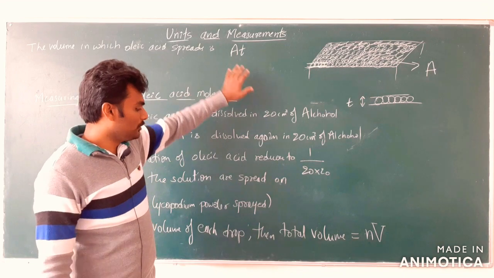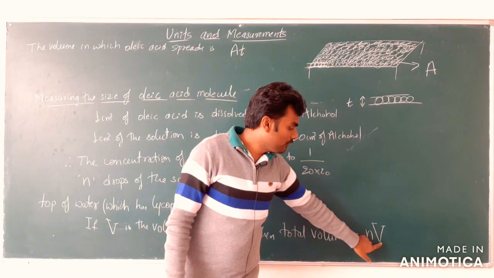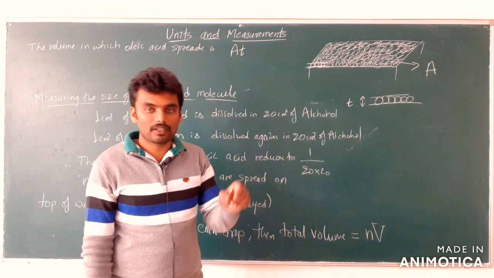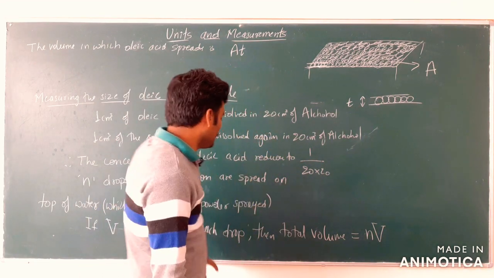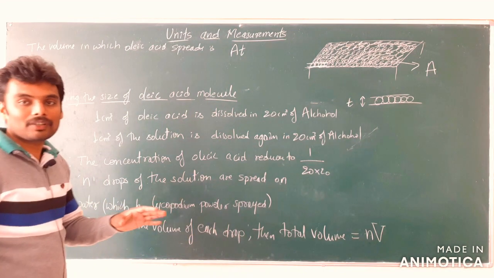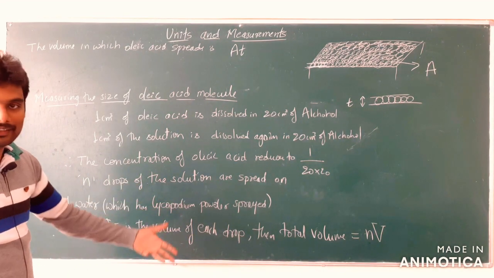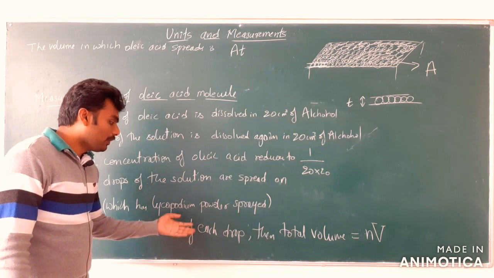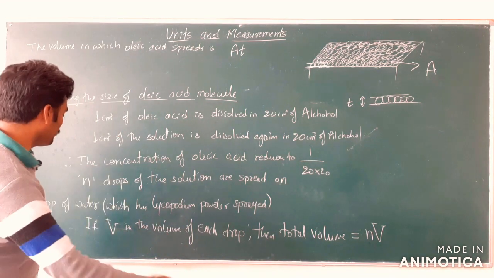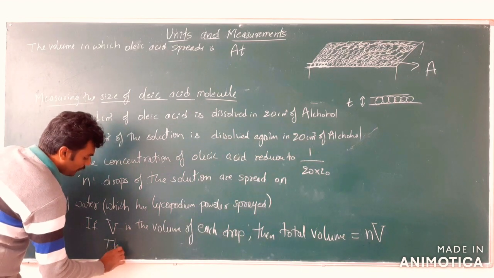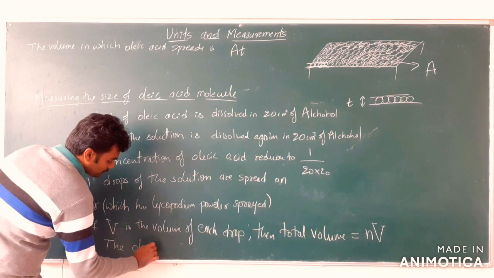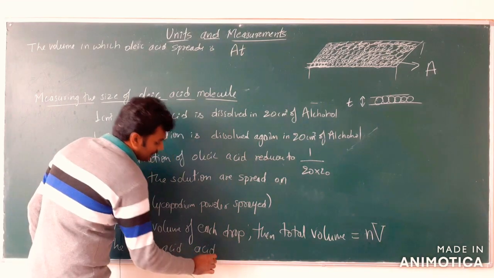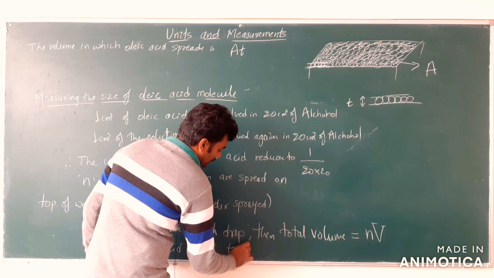So, what is this volume equal to? This volume is equal to NV. This is the total volume of solution that we put, but the volume of oleic acid that remains, because the alcohol will get evaporated, so the volume of oleic acid that remains